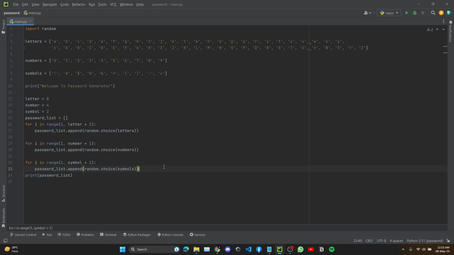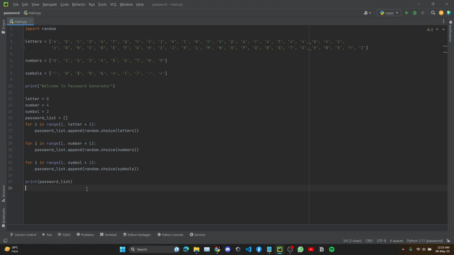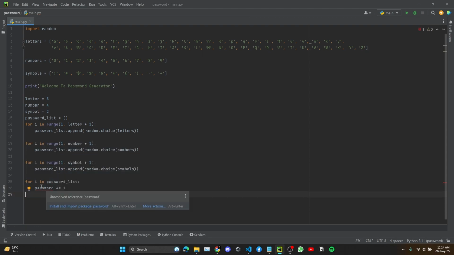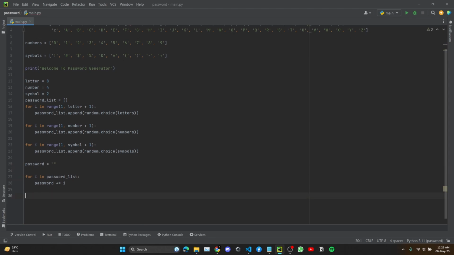If I print out now, you can see I have a password list as a list and I want this as a password. I have to use again a for loop. And make sure you have created the password variable. If I print out password now,